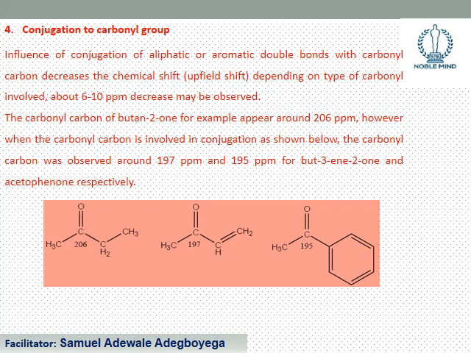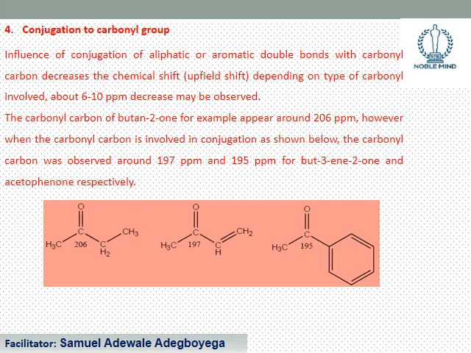If you check, the chemical shift of butan-2-one is around 206 parts per million, ppm. Then when the carbonyl carbon is now involved in conjugation, as in structure 2,